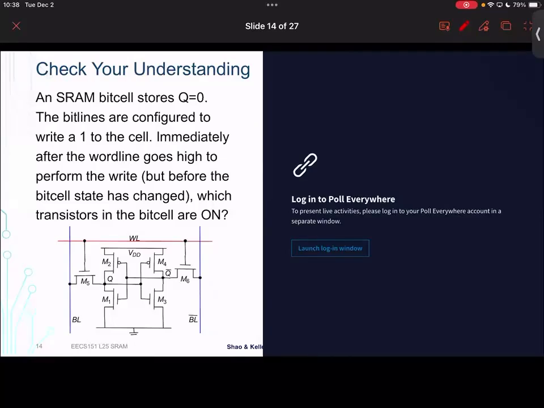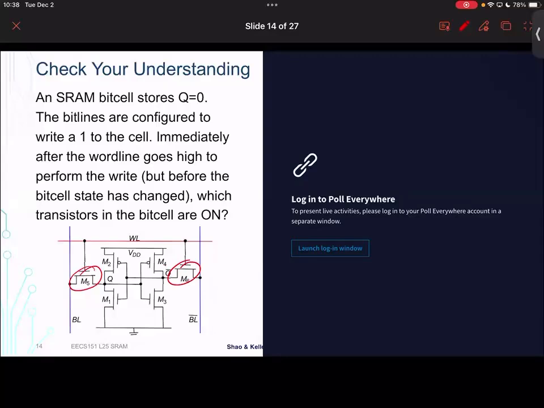Okay, so hopefully you've found a few transistors that are on in this scenario. Actually let's just call in a few folks for this one. So who can name one of the transistors that's on? Yes. Sure. M5 is on because the word line is high. So far, so good. Who else has one? Yes. Yeah, M6 is also on. Also connected to the word line, which is high. Any others? Yes. Okay, so M3 is on because,